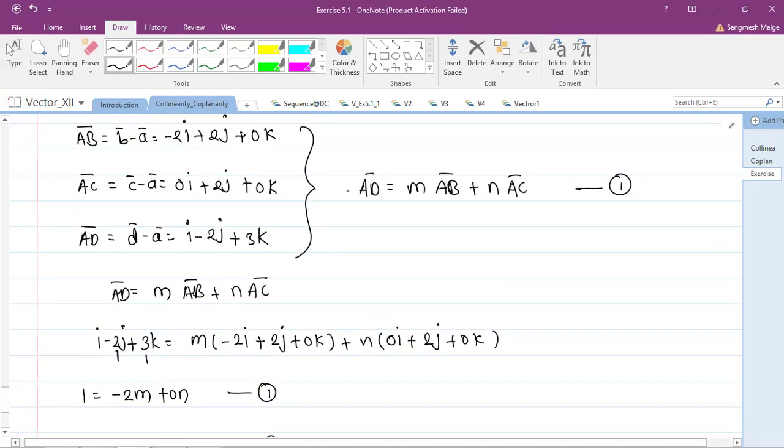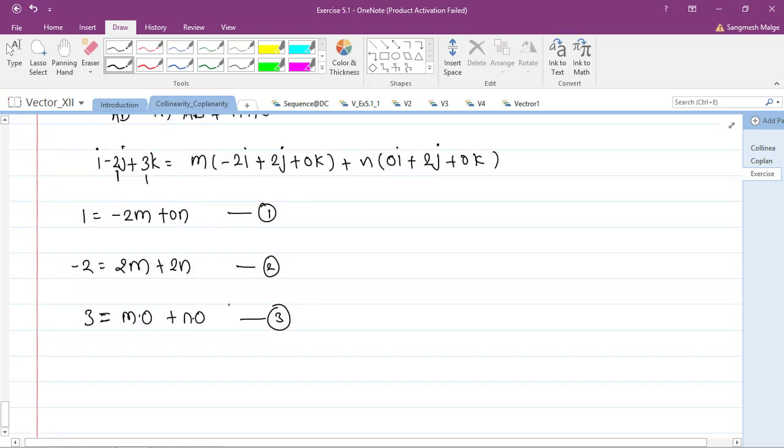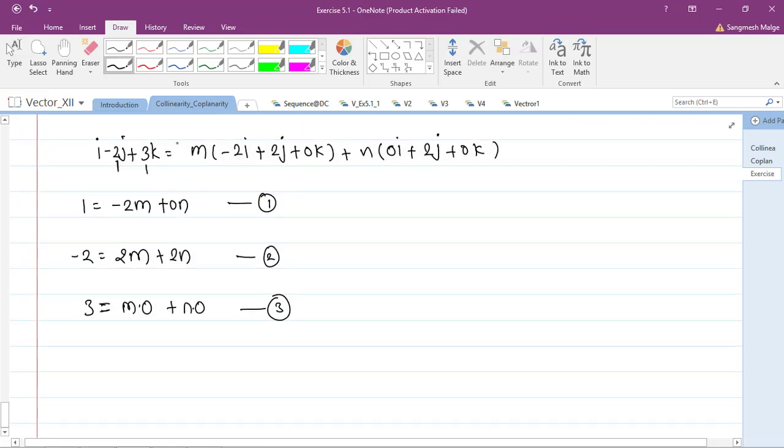This equation number 1, which can satisfy this equation number 1, means what you can say? The vectors are not coplanar. If the vectors are not coplanar, definitely the points are also not coplanar. Okay, so here, conclusion, how you can write the conclusion is,